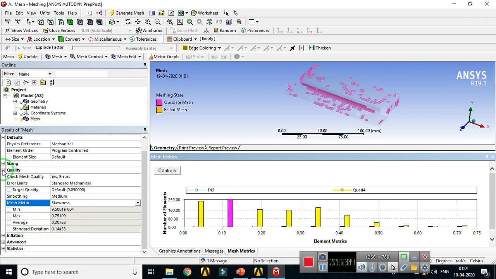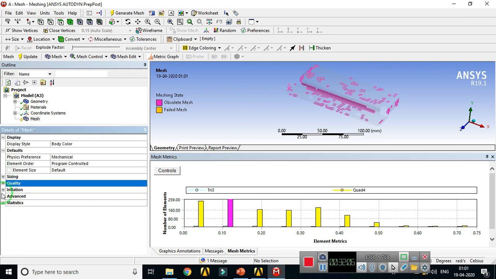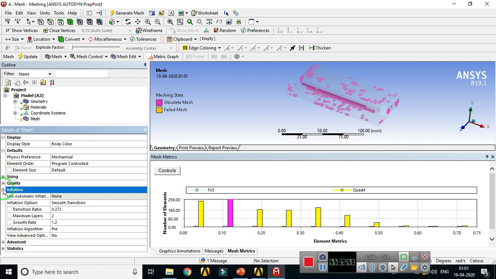Next, after this quality group, there is an inflation group. Inflation is used to generate thin cells adjacent to the boundary. Whenever there is a boundary, we have to capture this boundary using a number of thin cells which are adjacent to these boundaries.